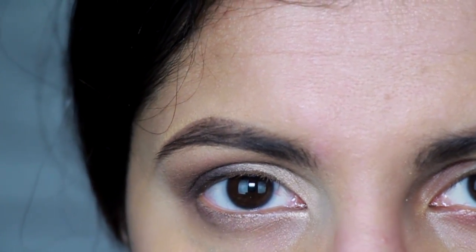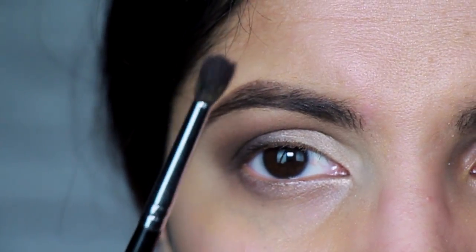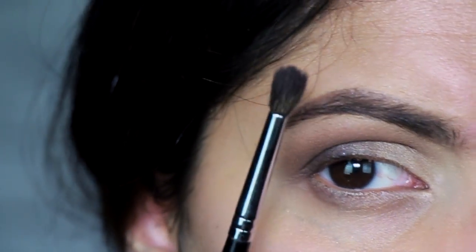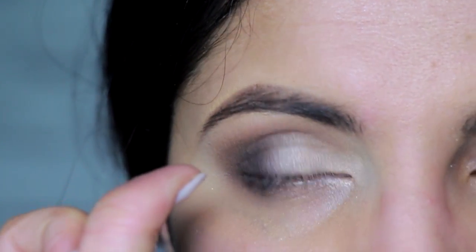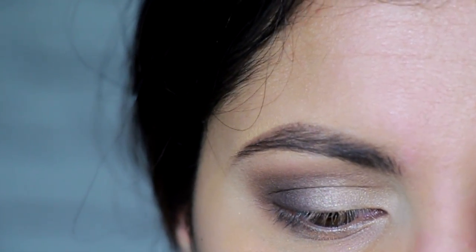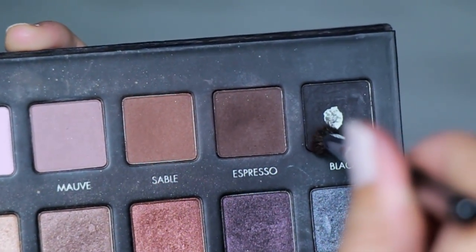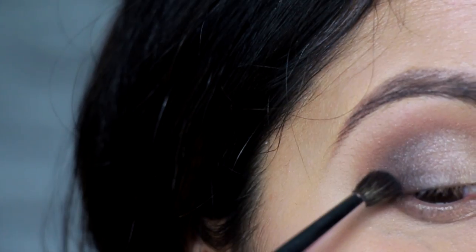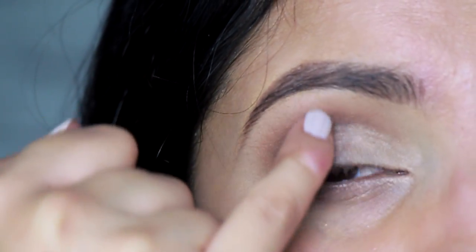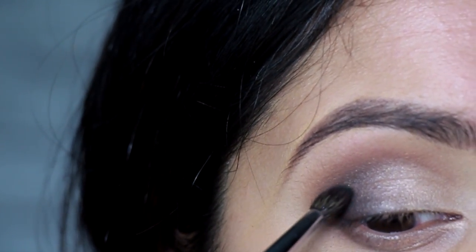If you want to amp it up a little more and add black, I will show you how to do that. So you want to take the same smaller brush. You can use this brush, you can use a pencil brush, anything that's a lot smaller and more dense. You want to dip it into the black. I'm just using the black shade and tipping it, the tip of it. And this will go only on the outer corner of the eye. So the first one was the outer half. This is going to be right at the corner. So you don't want to pass